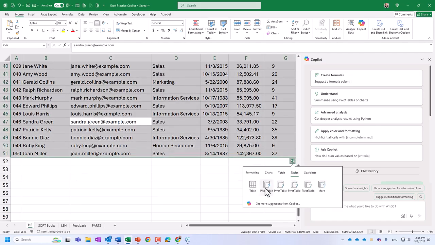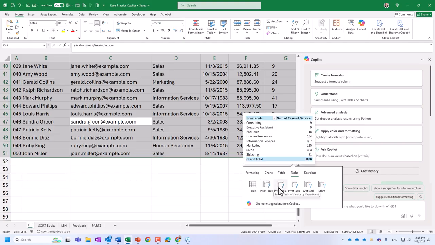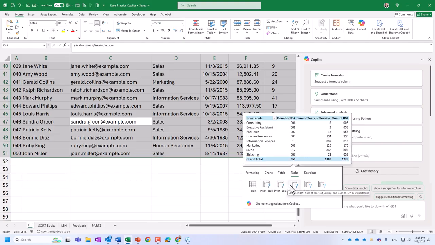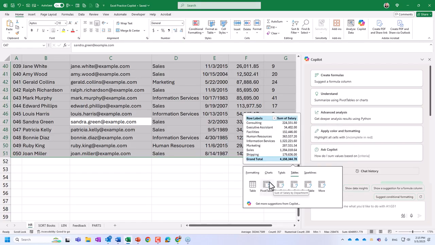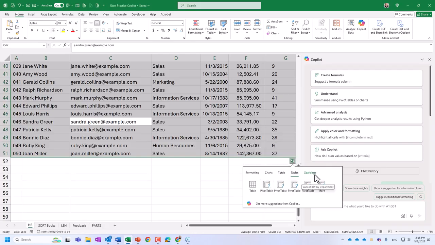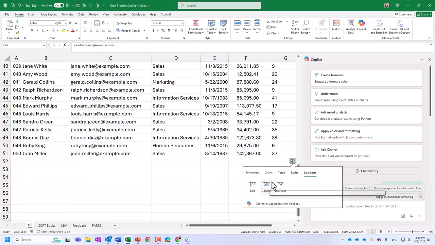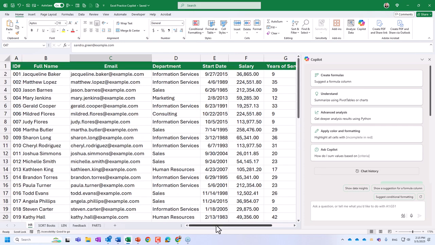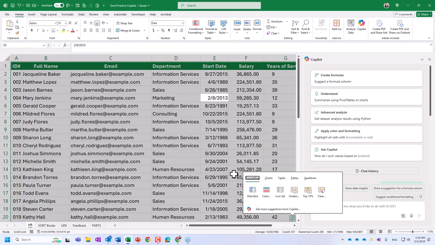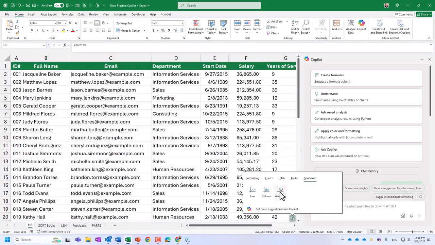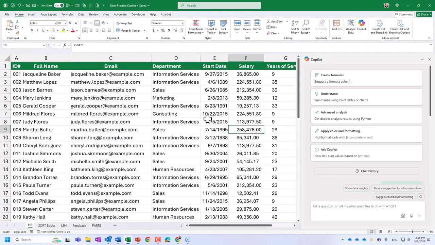You can do different tables. It'll create a pivot table for you and give suggestions. So if you don't know how to do a pivot table, you can make one. Just a couple, like 2 clicks. And then sparklines, those are kind of cool sometimes, which are added for, like, within a date. So these are all things that you could certainly spend time figuring out, find them, but using